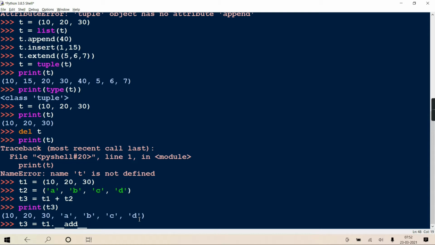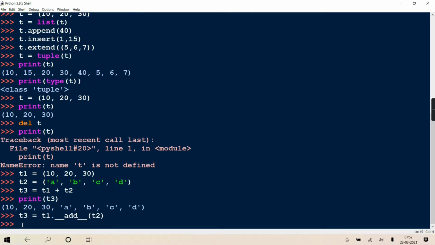And what is passed as a parameter to that? The second object. So T1 is the invoker of this dunder method and T2 is the parameter. Inside, it will create a new tuple containing T1 followed by T2 and return a new object that we collect in T3.